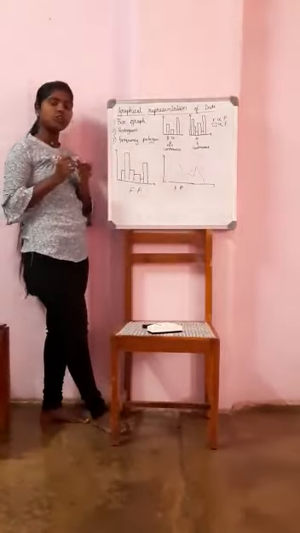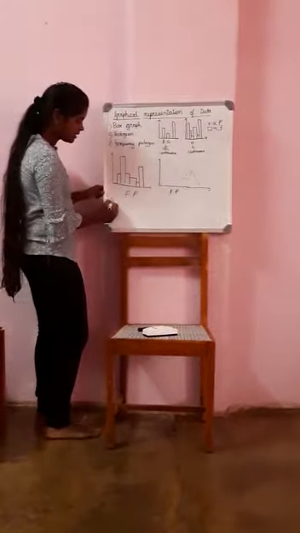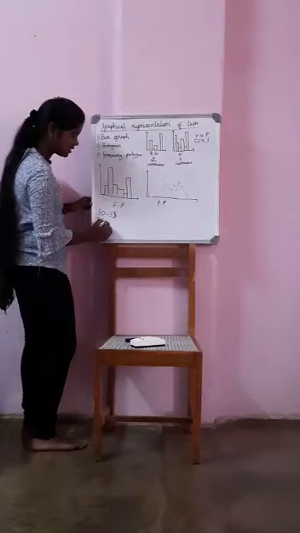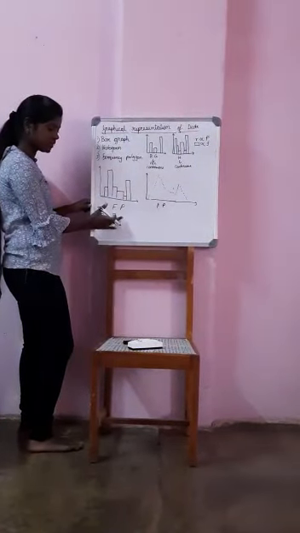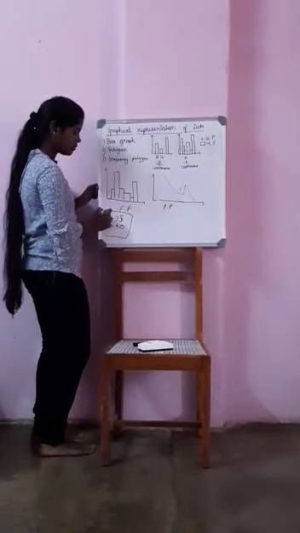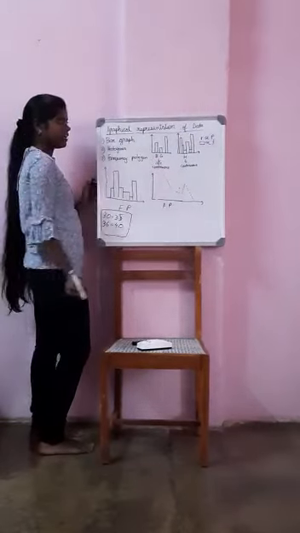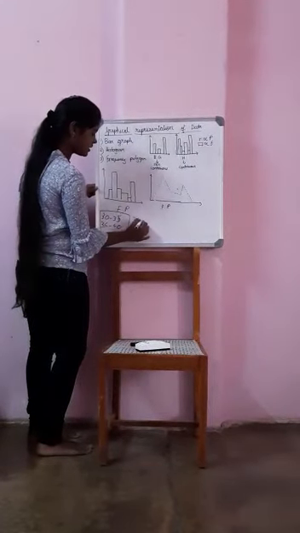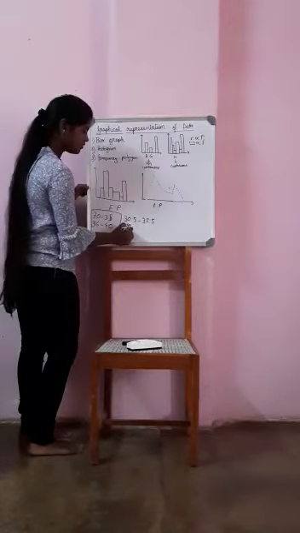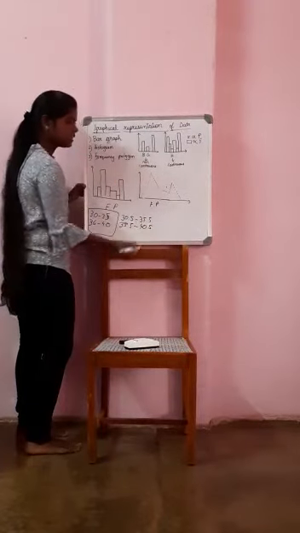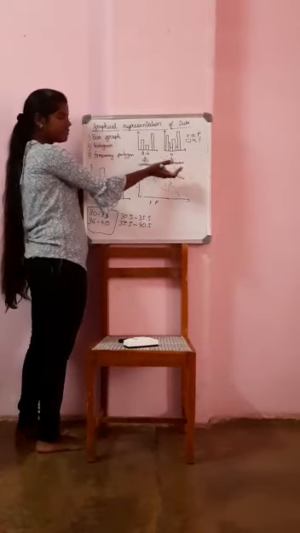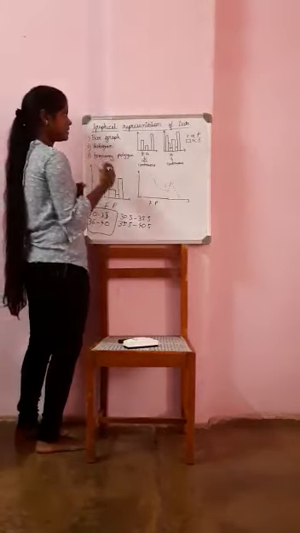This bar graph is for non-continuous data such as 30 to 31, 31 to 35, 36 to 40. You have some difference between two class intervals. So for such a tabular column or such kind of data, you use a bar graph. Suppose the data is continuous, such as 30.5 to 35.5, 35.5 to 40.5. Then you will be using a histogram, which is similar to a bar graph but for continuous frequency data.